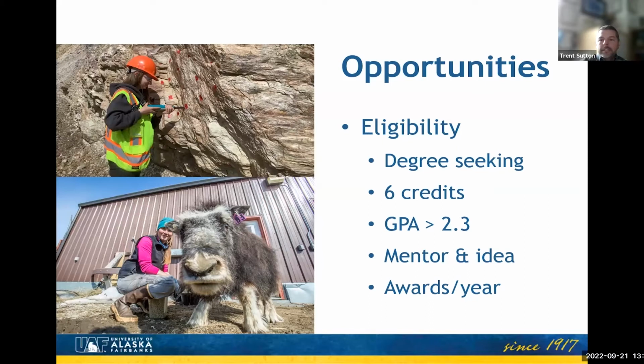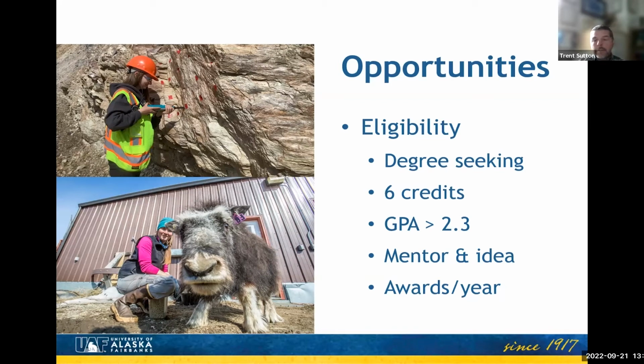You need to be enrolled for at least 6 credits the semester before and the semester after you're completing the project. So, for example, if you're completing a spring semester project, it'd be 6 credits that spring semester. You might not be taking any credits during the summer. But if you're working on a summer project, students typically don't take any credits over the summer. You're taking 6 credits minimum in the spring semester before and 6 credits the fall semester after. And so there's something to keep in mind there.